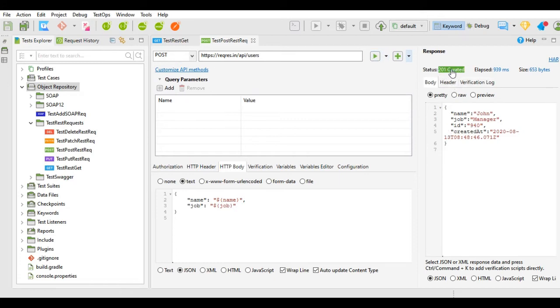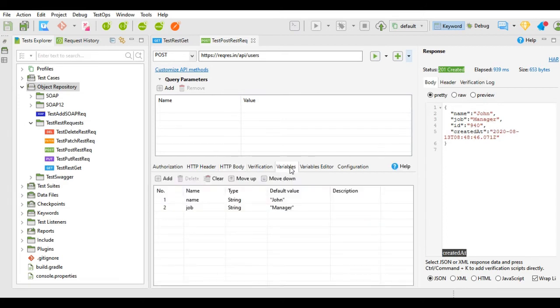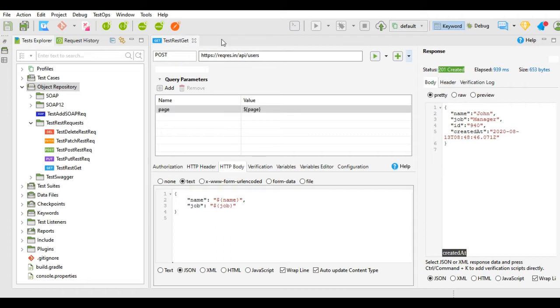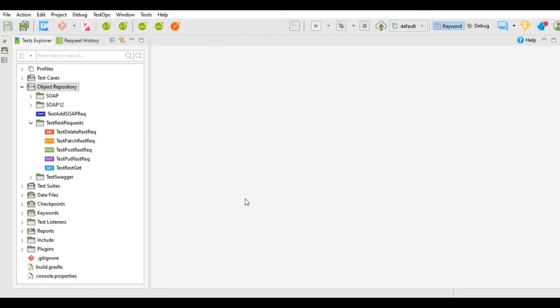Request is processed and status is 201 created, and it has created the user with the name John and the job as manager, which we have provided in the variable. This way you can work with the POST and GET request with the help of variables in the REST request type. Let's see SOAP request type.